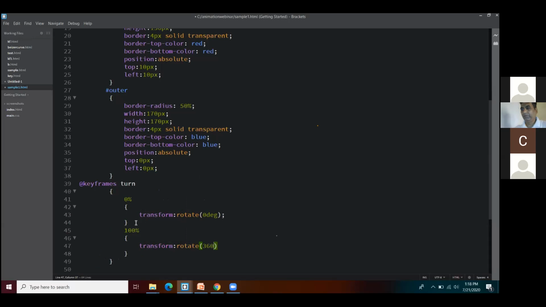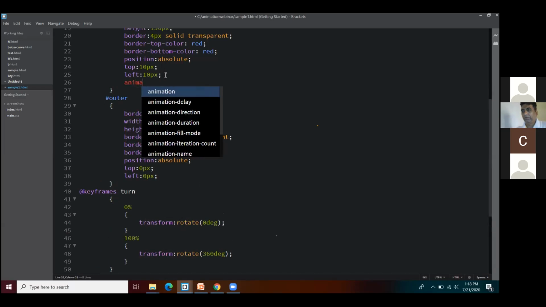So I'll be going ahead with 360 degrees. Fine. So we have done with the keyframes. Now we need to add it to the animation. Unless you add the things to the animation, it won't be working. So keyframes works with what? Keyframes works only with animations. So let us add the animation.